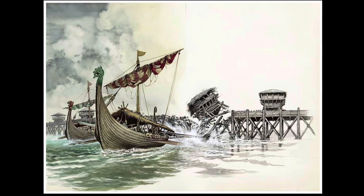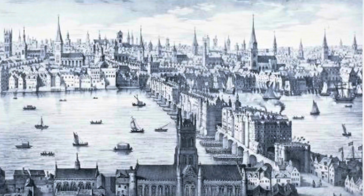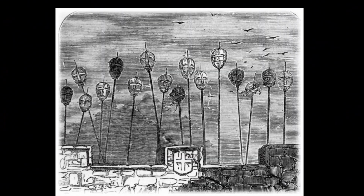Two other wooden bridges were built and were subsequently destroyed during this turbulent time in England's early history. Due to uneven construction, the bridge required frequent repairs, yet survived more than 600 years. One of the more grisly periods of the bridge's history was at the southern gateway between 1305 and 1660, when it was customary to display the severed heads of traitors impaled on pikes and dipped in tar to preserve them